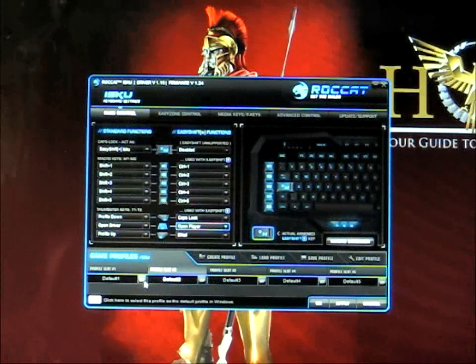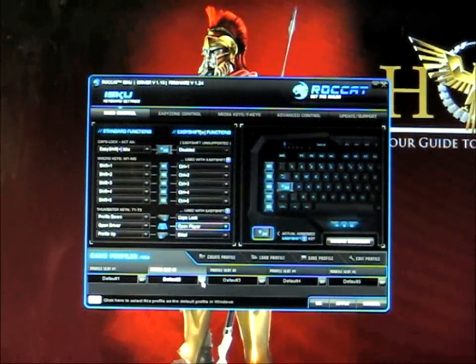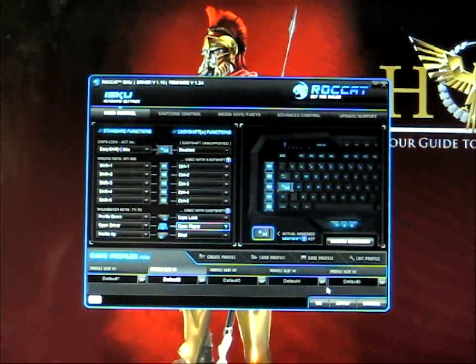Down here we can set our profiles, right? You can set Windows profile and go about whatever you want to do. And then this is default to 3, 4, 5, and you can set up all different profiles in there. Anyways, that is the